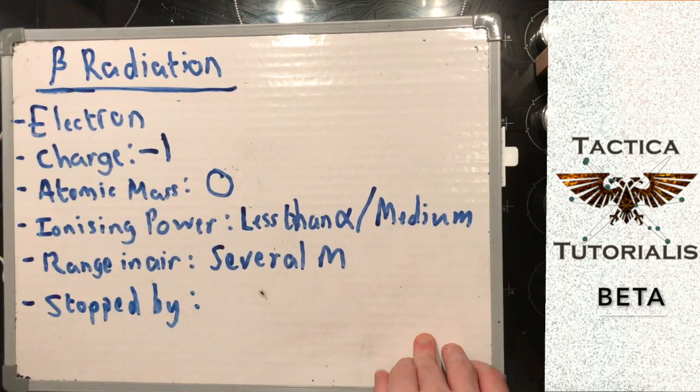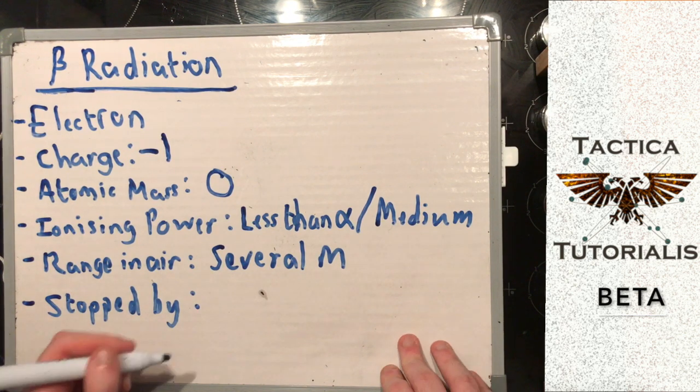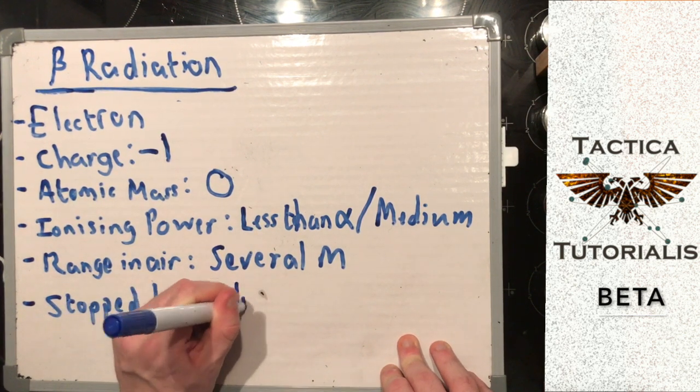So if we're stopping a beta particle, what we typically use is something a bit thicker than paper or skin, because it takes more effort to stop it. You need something a bit thicker to absorb it, and you need something that has got a slightly better capacity to do that. So what we use quite often to stop